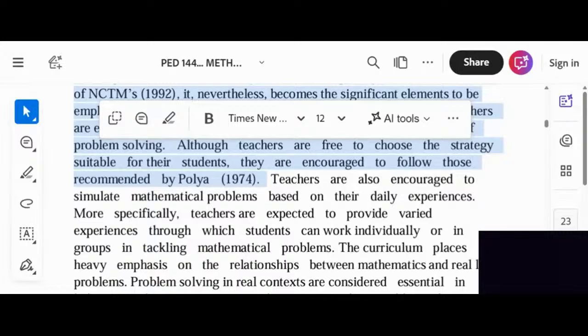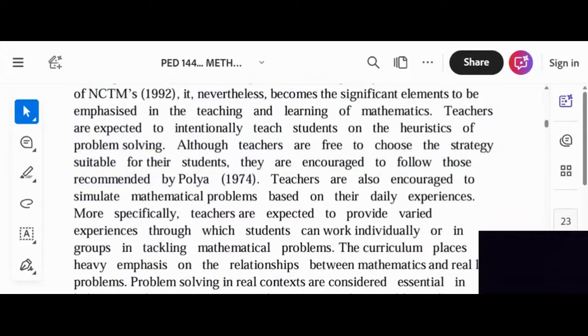In fact, that is the primary concern. So it doesn't matter how you define it, whether NCTM's definition or any other definition we will come on to. We are trying to say that problem solving is a primary concern of mathematics. Now, another,